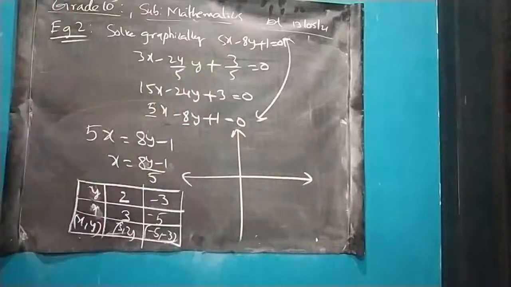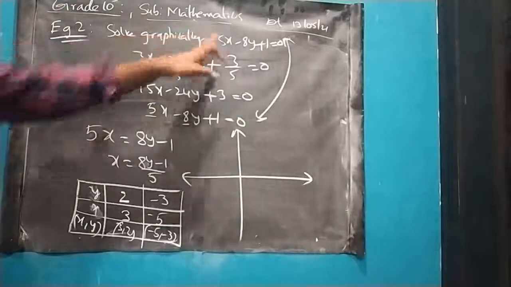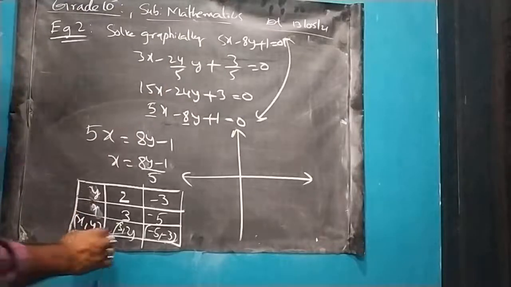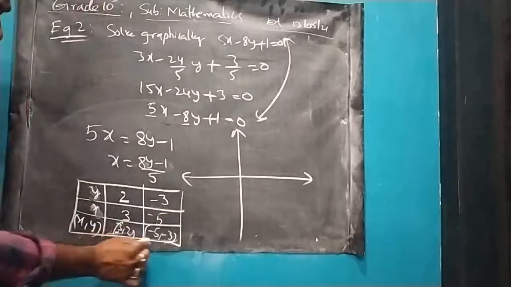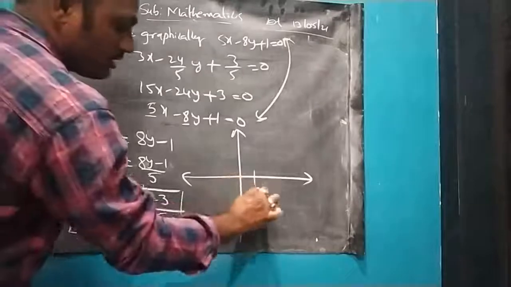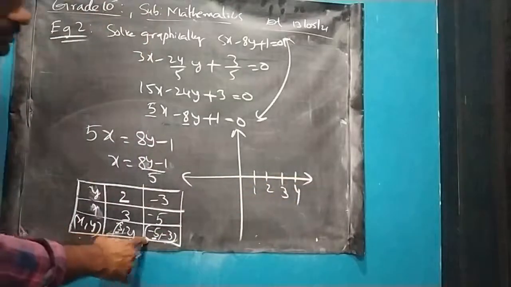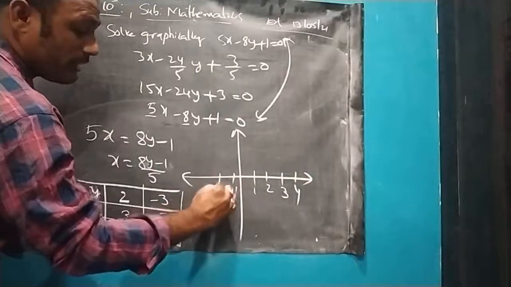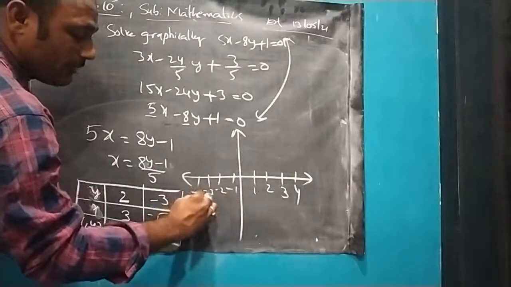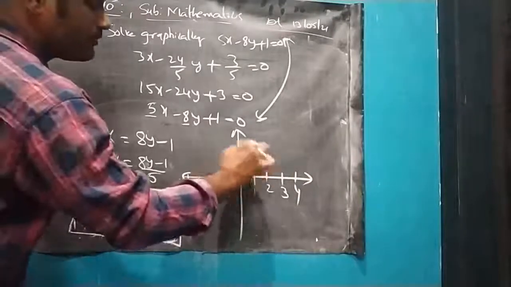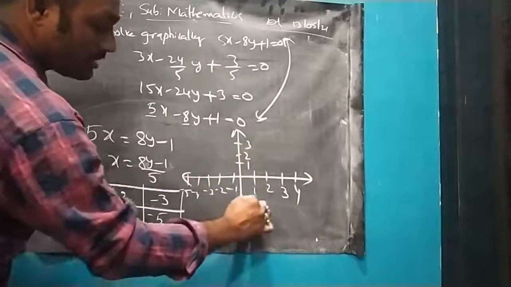Since the two lines are equal, 2 points are enough for us. So what is the point here? 3 comma 2. X value, highest value is how much? In plus, it is plus 3. So 1, 2, 3, one more number we will take and stop. X value negative number is minus 5: minus 1, minus 2, minus 3, minus 4 and minus 5. Y value highest number is 2: 1, 2, 3. Y value negative number is minus 3.